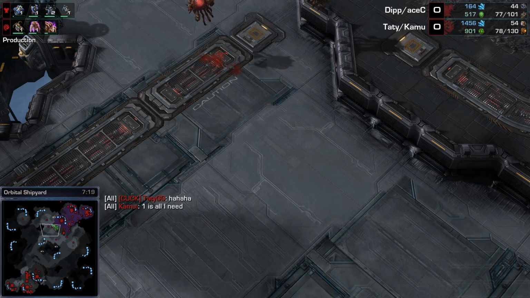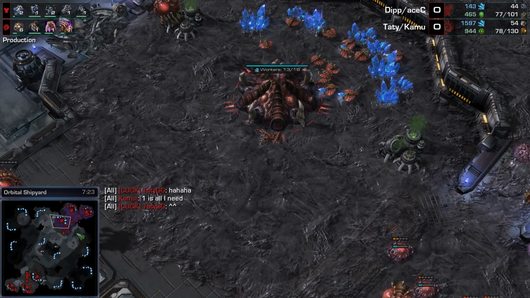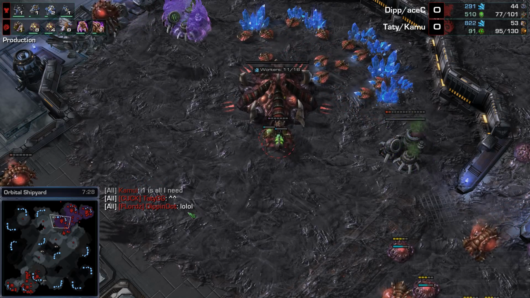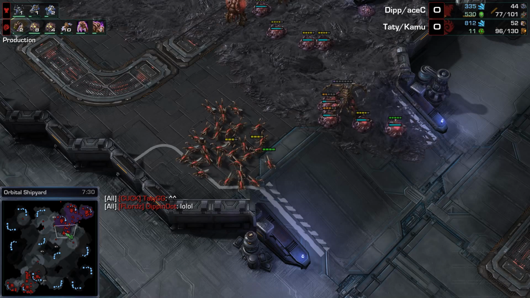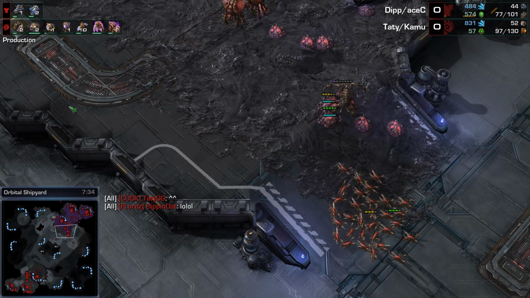Kamui saying, 1 is all I need. I'm not sure what he's talking about there, but this is TatyGG and Kamui talking to each other on the same team. In all chat, though. There's a lol coming out of there from DippinDot. I'm not sure what exactly the conversation is about,